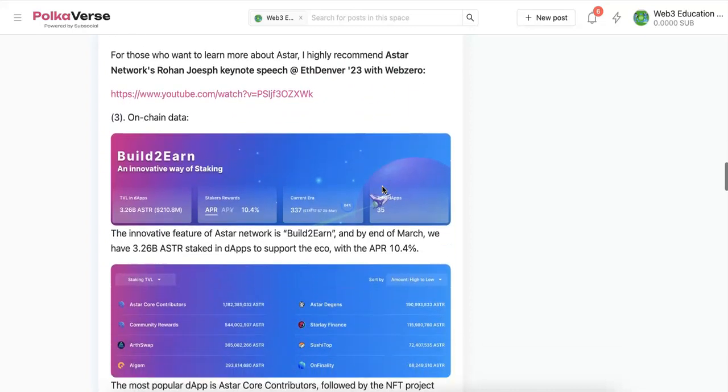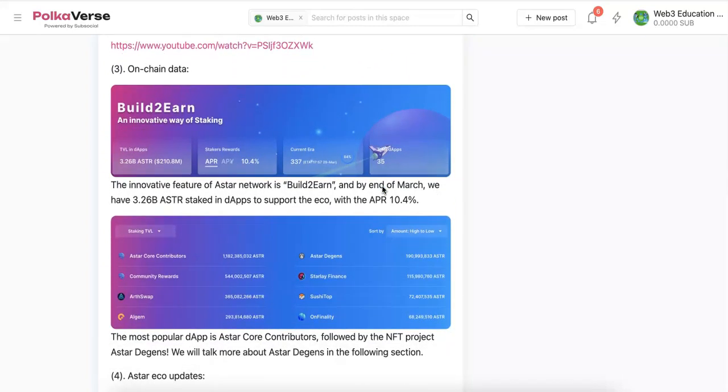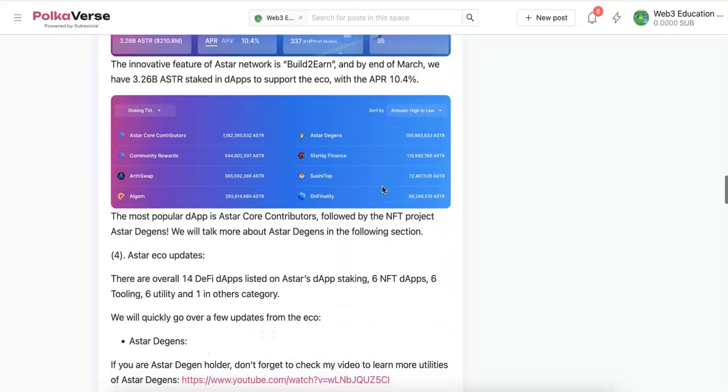You can check it by yourself. Let's take a look at the on-chain data right now. For the Astar Network build to earn, by the end of March, they have 3.26 billion Astar staked in dApps. Those are all the tokens they stake there to support the whole ecosystem and the developers. The most popular dApp is Astar Core Contributor, not surprising, followed by the NFT project Astar